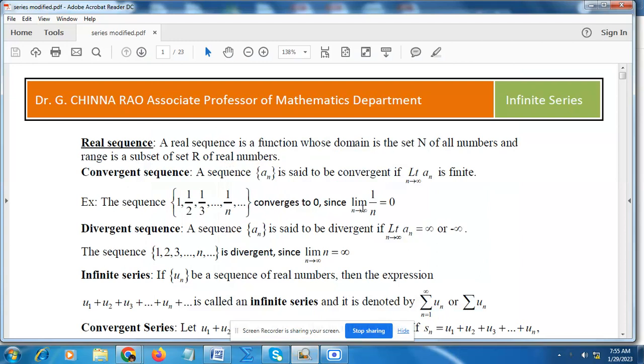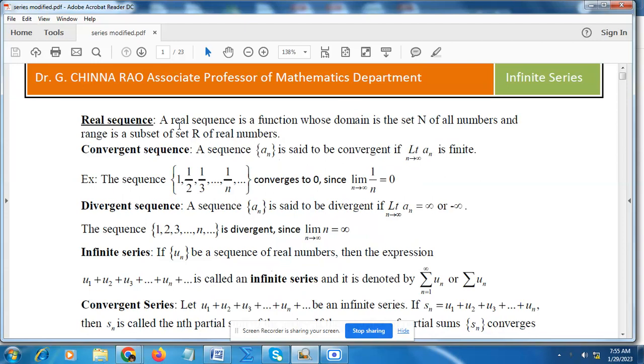Good morning, students. Today, I want to revise sequence and series. To learn sequence and series, first you learn some basics. Basically, the definition of a sequence is a function whose domain is the set of natural numbers and whose range is a subset of real numbers. Take for example,